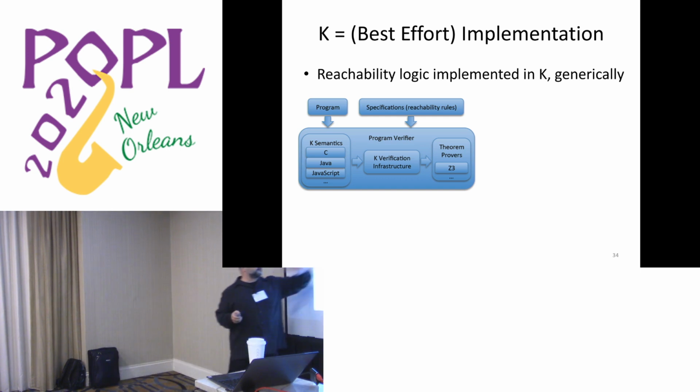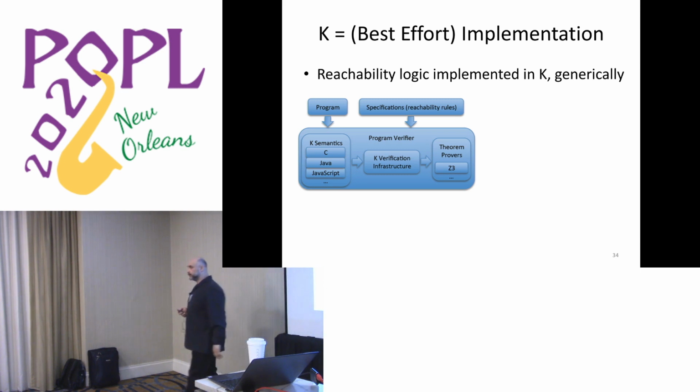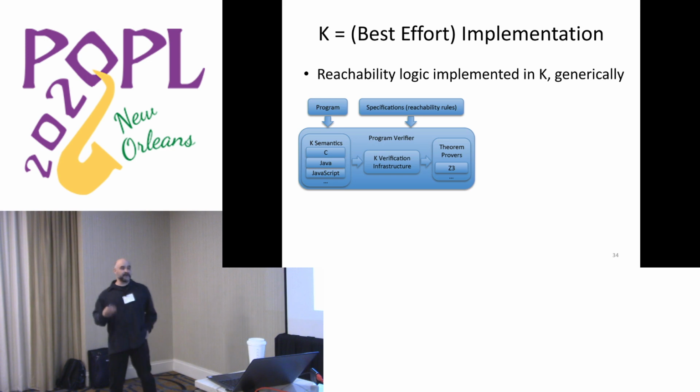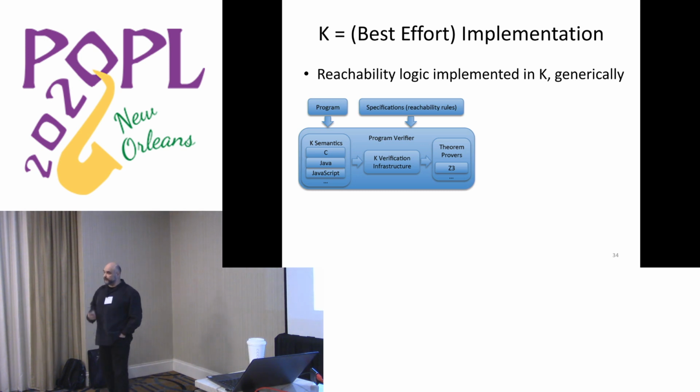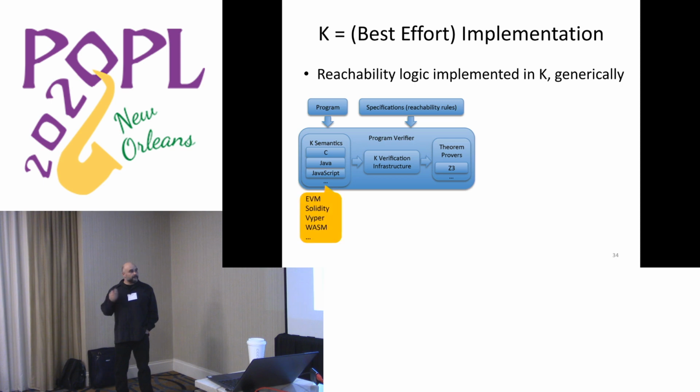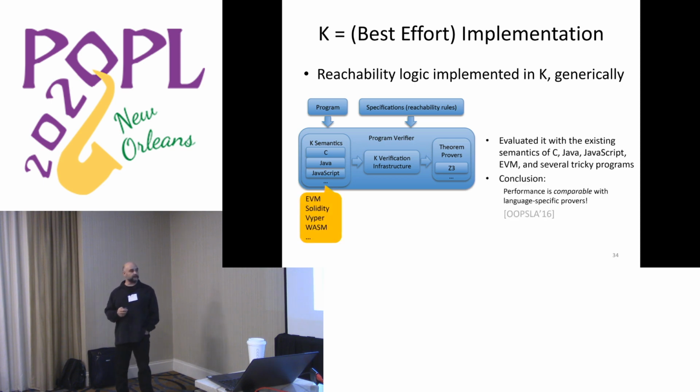Internally, you have the verification infrastructure, which is completely generic, completely language independent, and you plug and play your language semantics, and you get the same degree of automation when you do verification as you get with tools like Boogie or VCC, where you don't have to interactively do the proof. The logic allows you to do that, but we try to be as automated as verifiers like VCC. And to move to the blockchain, all you have to do is plug and play different languages.